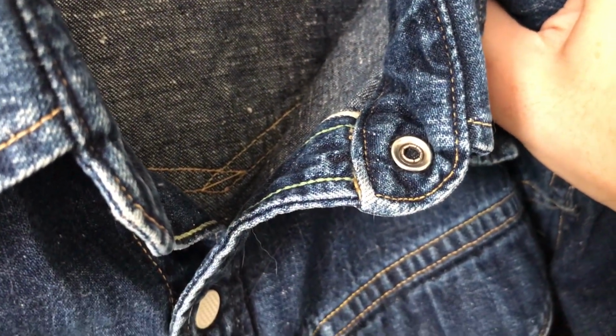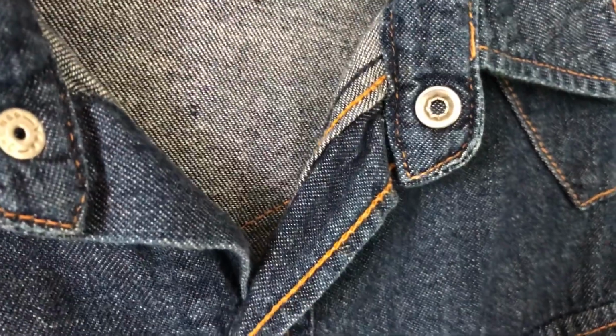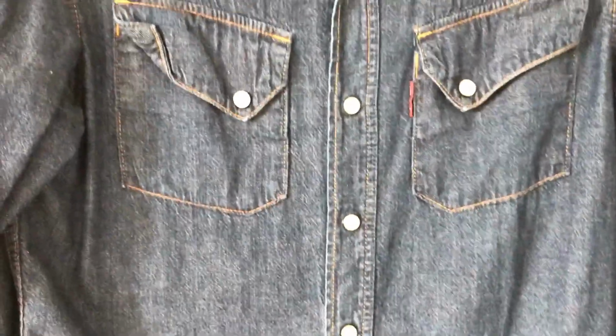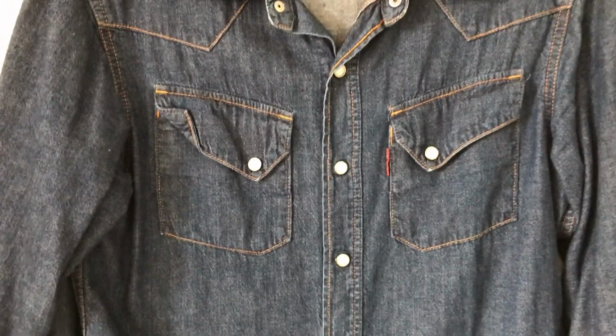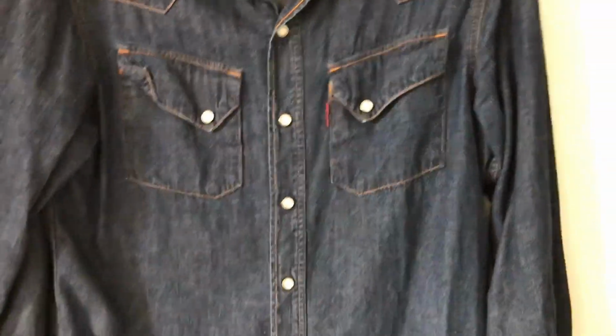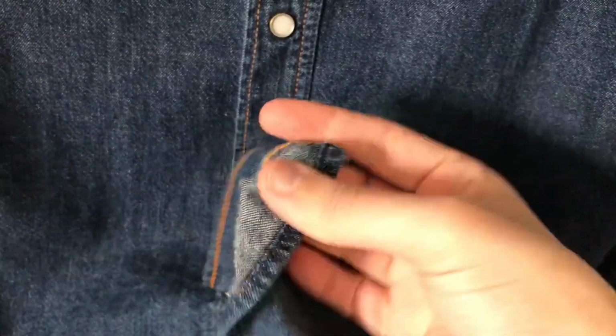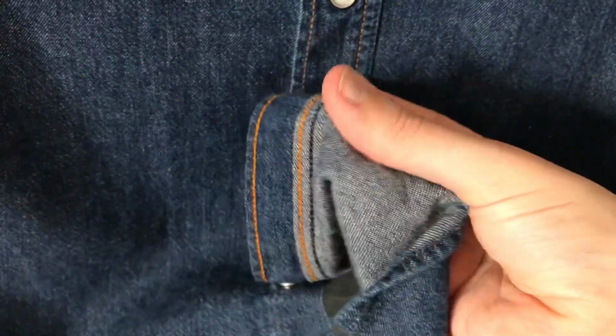The selvage detail poking through on the Mr. Freedom shirt is a nice addition, and that missing on the Kapital shirt is just a little bit of a downer. Still wear the shirt in summer. It's still a nice shirt. It is in the rotation, just due to being a really lightweight fabric. It doesn't get a lot of wear. It's just too thin to be used for much. It's, yeah, probably what, 10 ounce, 11 ounce,